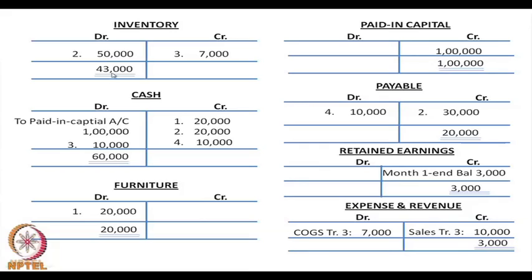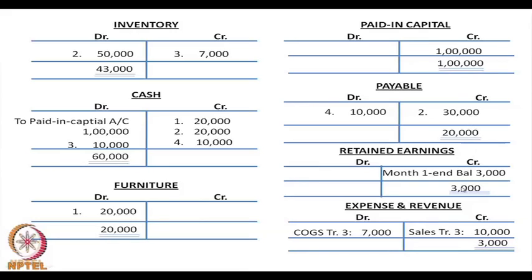Now, these are totals. Whichever is the higher side, we write that side. You will see that assets will always have their debit side as the total amount. So, 50,000 minus 7,000 is 43,000. This is 1,10,000 minus 50,000 is 60,000. This is 20,000. So, the debit side of all assets are positive after the totaling, and here the credit side